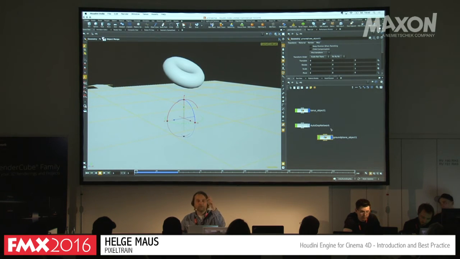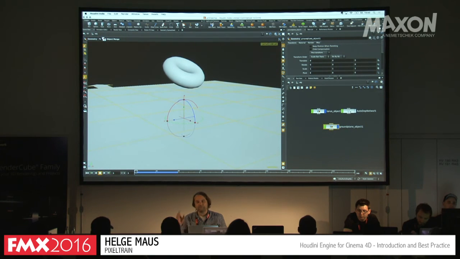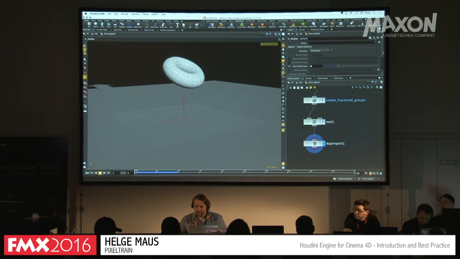Good. And now comes the point you asked me. I don't want to fracture a torus. I want to fracture something from Cinema. We can't make now our subnet from the level we were before because now we have 3 nodes which have to come together. One thing, before I forgot it, if you go to the torus and you go here